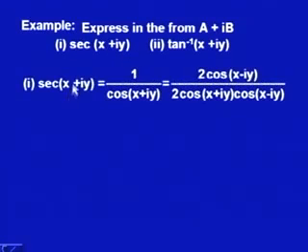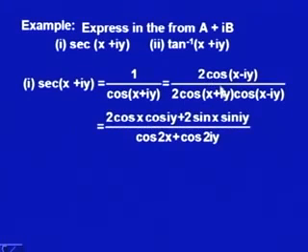So, first sec(x+iy) is equal to 1 upon cos(x+iy), and then I multiply numerator and denominator by 2 cos(x-iy), and this on simplification gives 2 cos x cos iy plus 2 sin x sin iy, and this we apply the CD formula here. It is cos 2x plus cos 2iy,